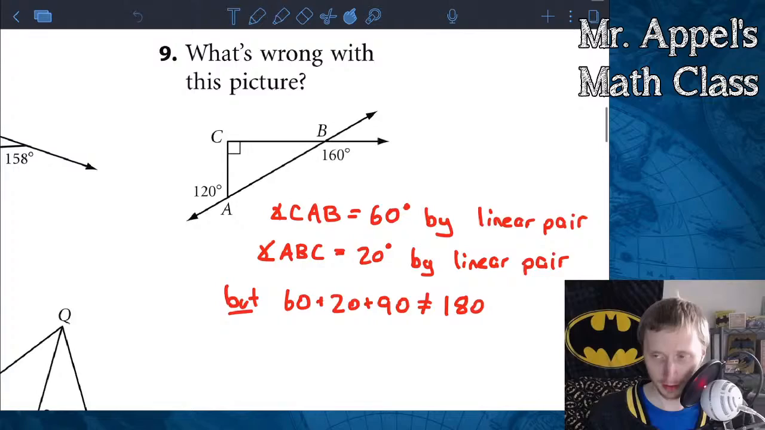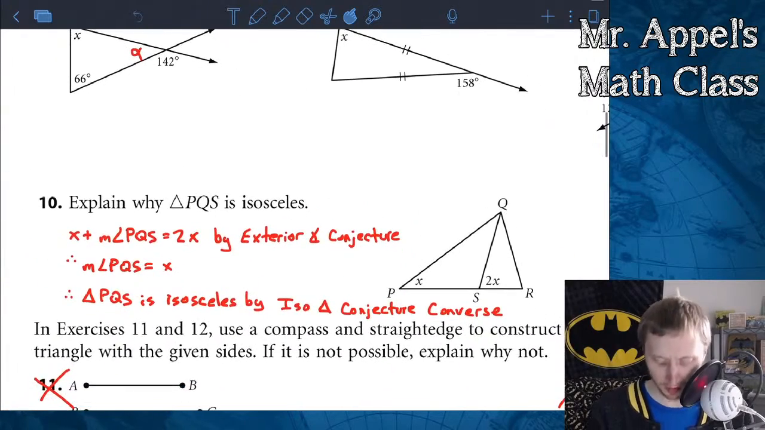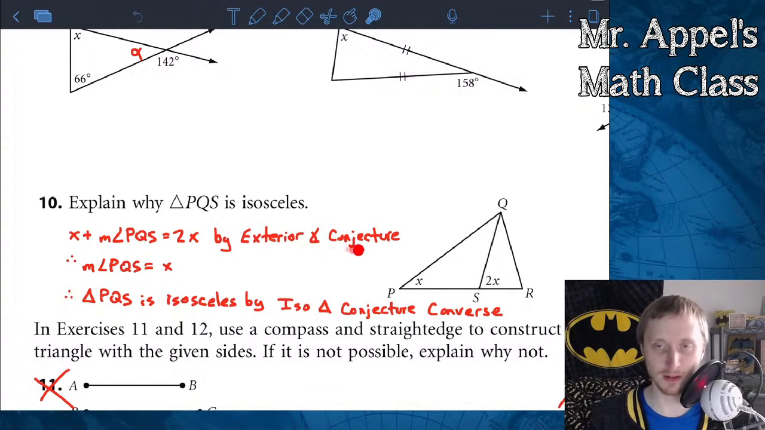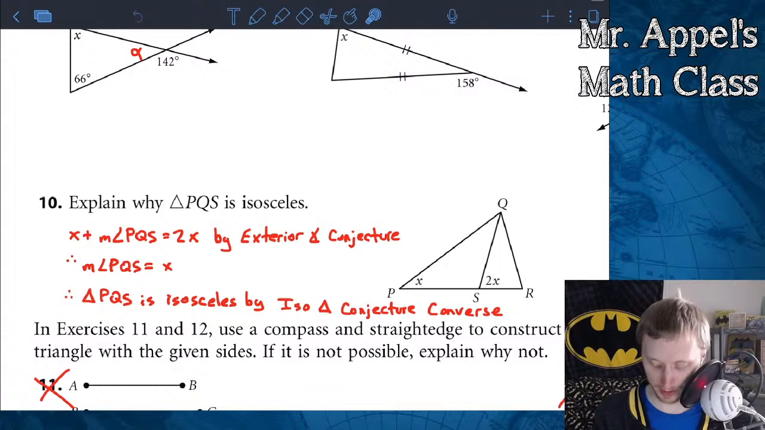Right, and number 10, kind of playing off of 7 and 8. Again, you could use the exterior angle conjecture as just a shortcut for linear pair and triangle sum fitted together. But it tells me that this angle PQS, so this guy here, plus the x is going to have to be equal to this 2x out here, which means I can subtract the x off of both sides. I get angle PQS has to be equal to x. So now I have these two angles are equal to each other,